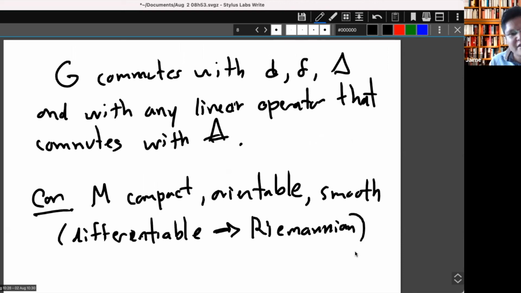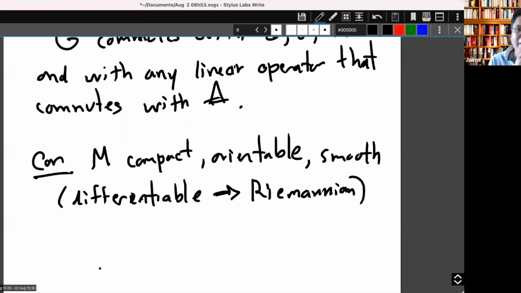So we can drop that assumption. So you have a compact orientable smooth manifold. Then a direct consequence of the above identification of the space of smooth harmonic forms with the de Rham cohomology group is that